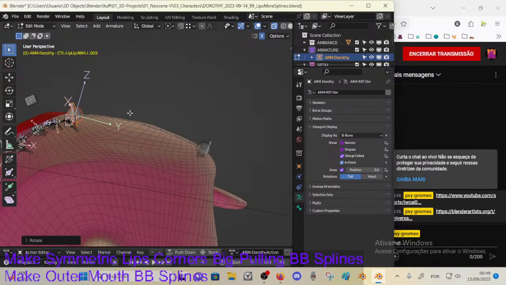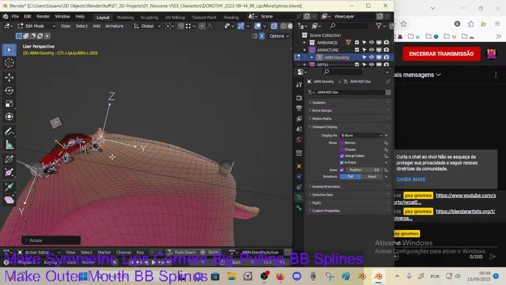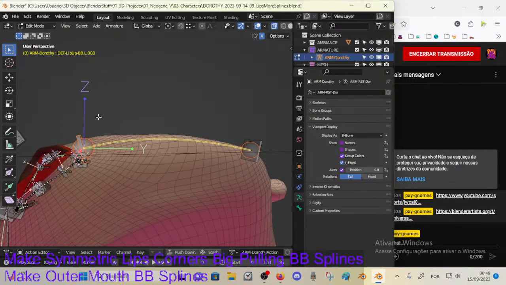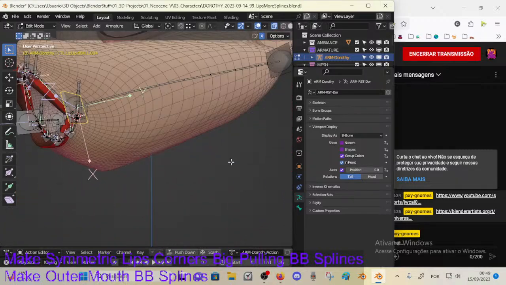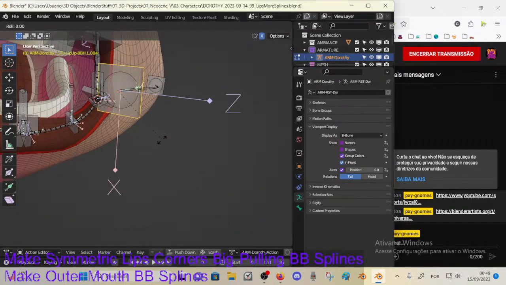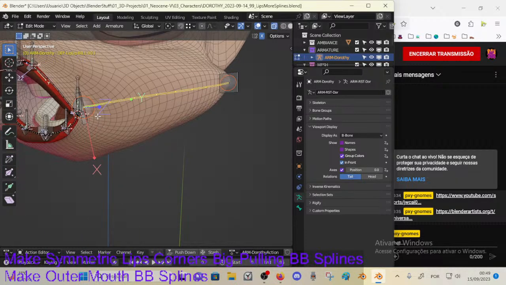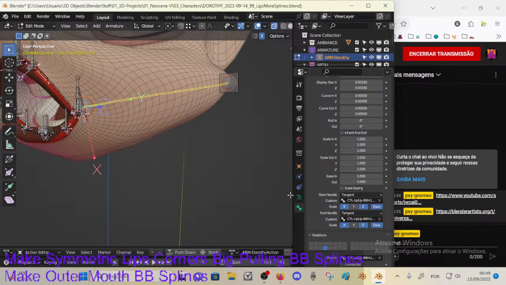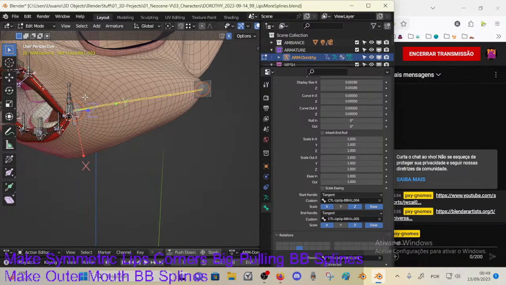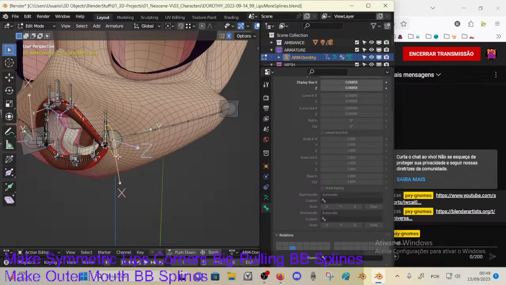From the bottom view also it seems like we can derotate a little more. Okay, this looks fine. I assume these targets are correct, but we need to change